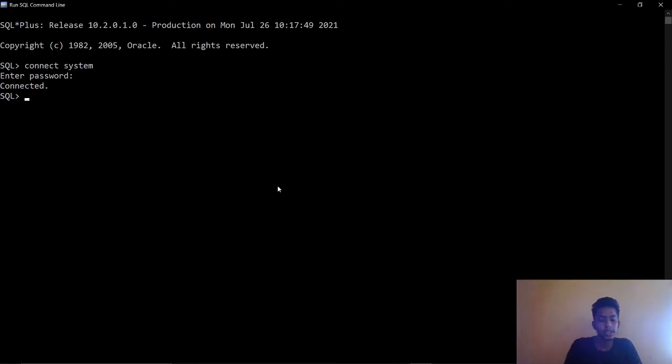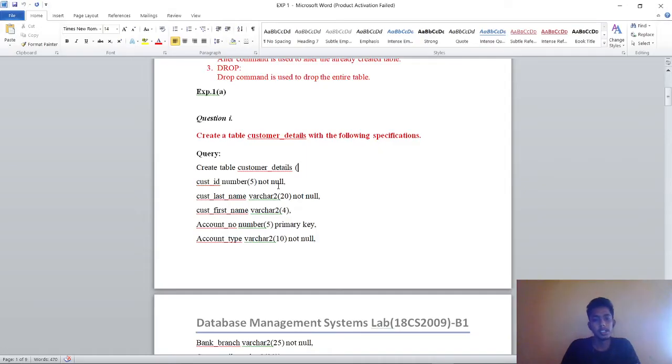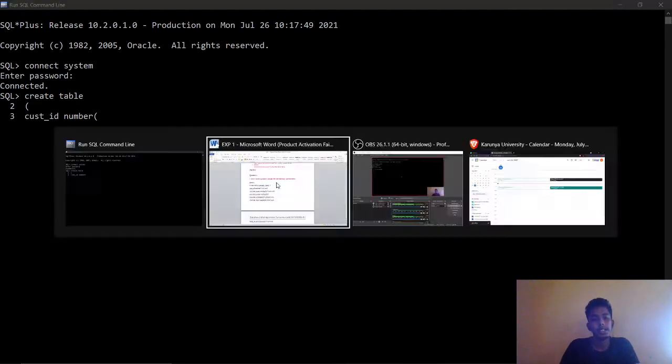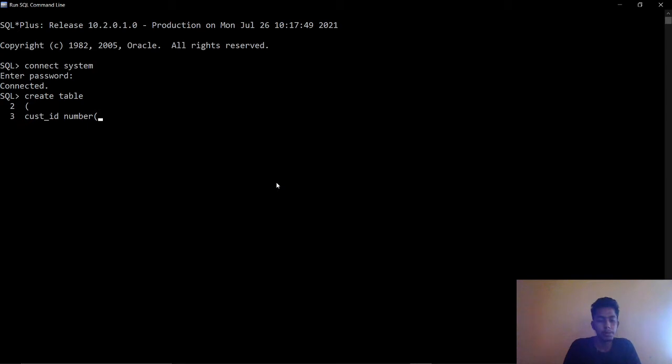So that is create a table here. That is create table. Customer ID is a number type, with the data type of integer. So that is number. I'm giving the length of the number as 5 and it's set to be not null.